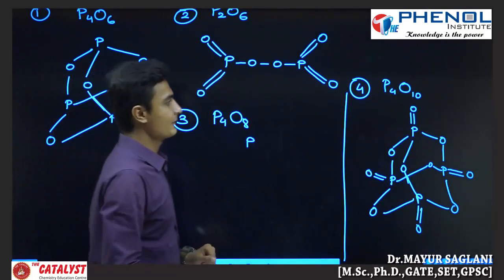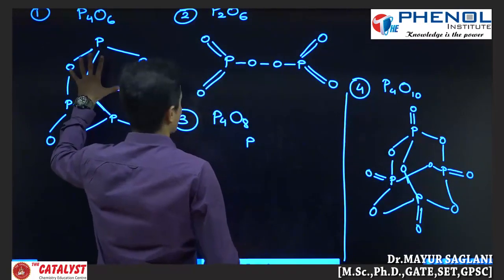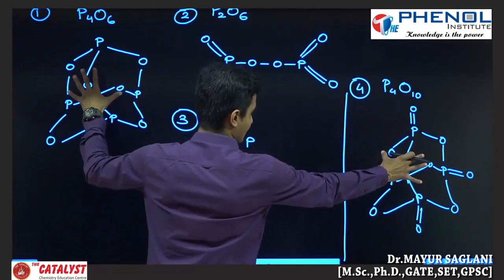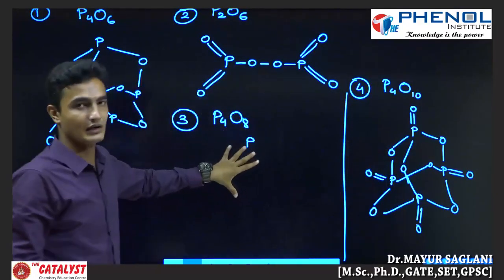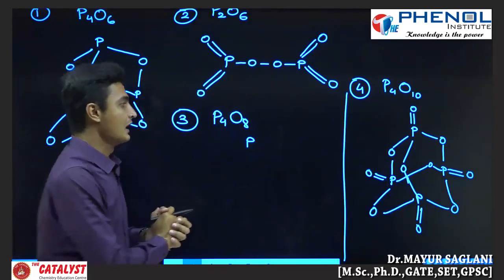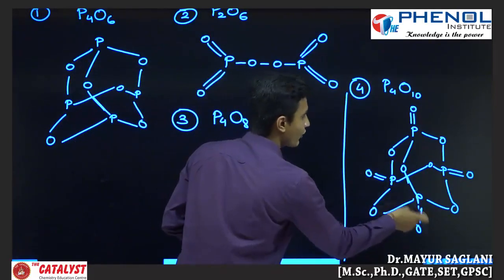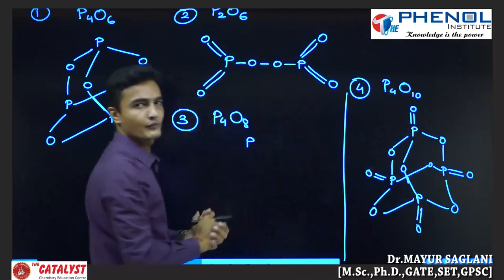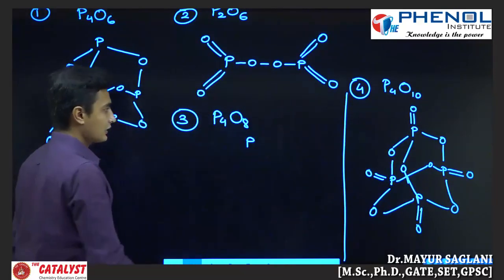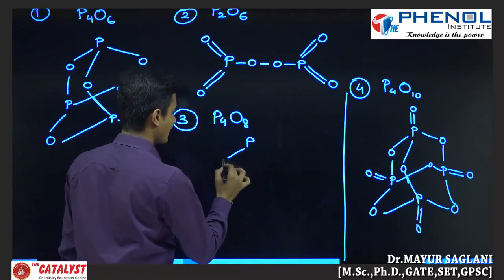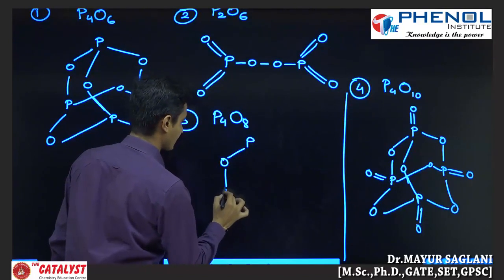And now if you see, there are 6 oxygen atoms, there are 10 oxygen atoms, and now I have to write 8 oxygen atoms. So I will not write 2 double bond O, I will write only 2 double bond O. Is it or not? So these all are the very easy structures of the oxide.